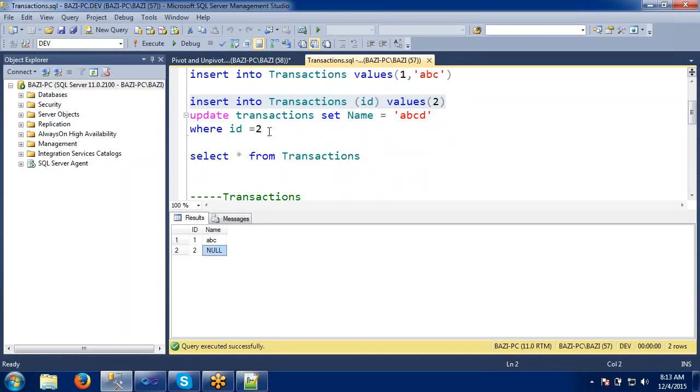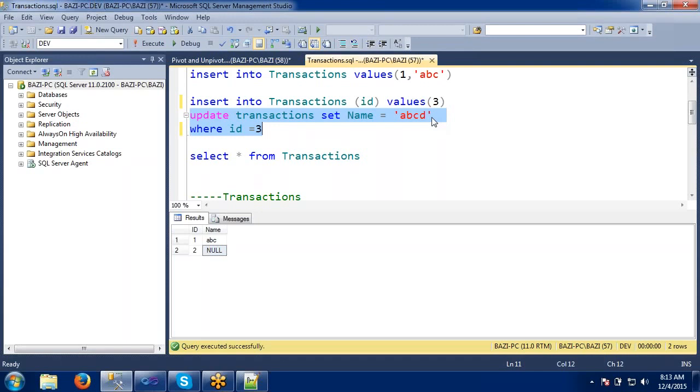Okay, let me take one more example, then you can understand. Let's say I'm inserting the third value where the ID equals to 3. When I do this insert, the record will be inserted. When I update the second column, it won't get updated. Why? Because it has some condition here, which has a limitation of size 3. But when I'm giving the D, the value has 4 characters.